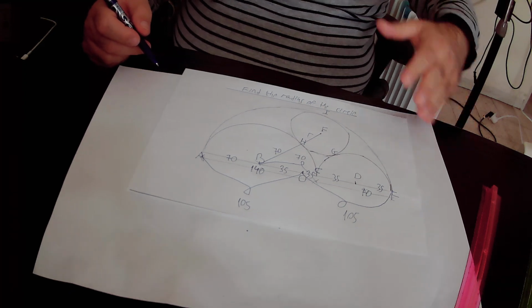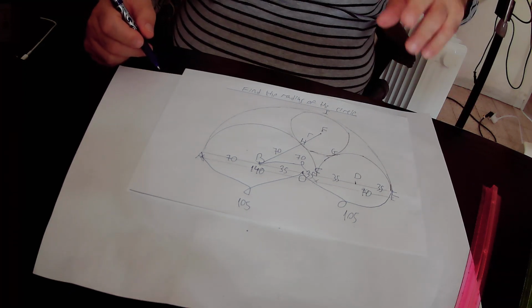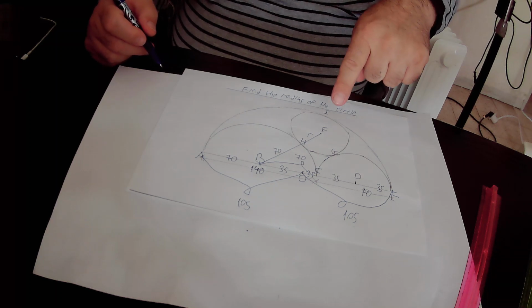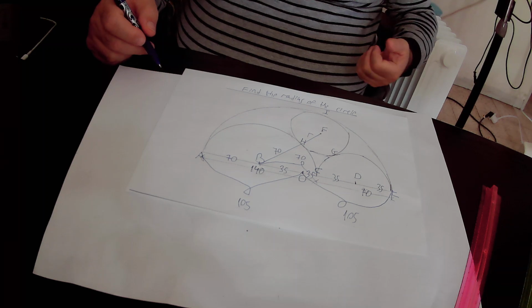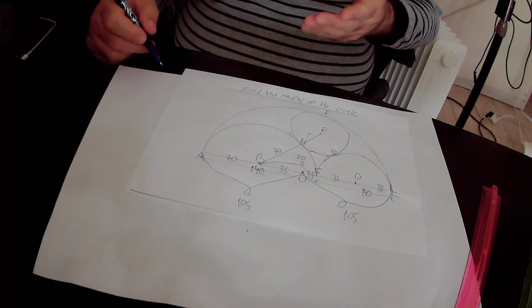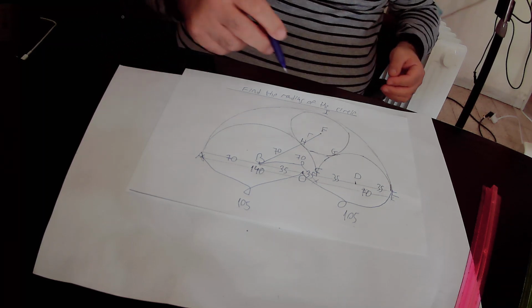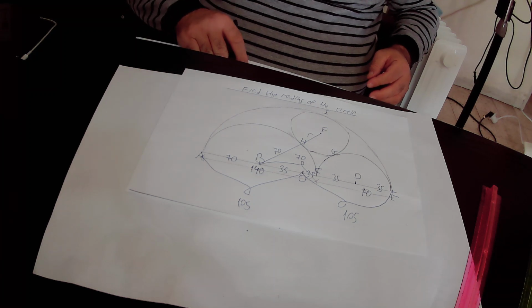That is actually the addition of the two radii with each other. Why? Because the radius of this circle is small r and the radius of this circle is 70, and therefore the addition of the two radii with each other is 70 plus r. So if I know that FB equals 70 plus r units,